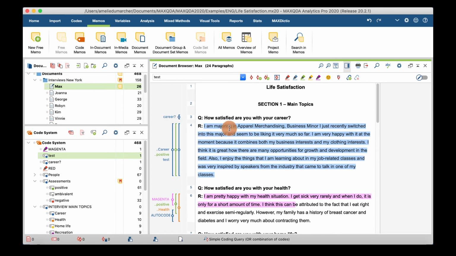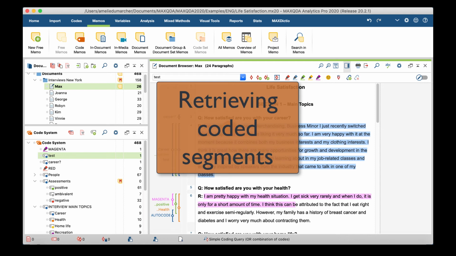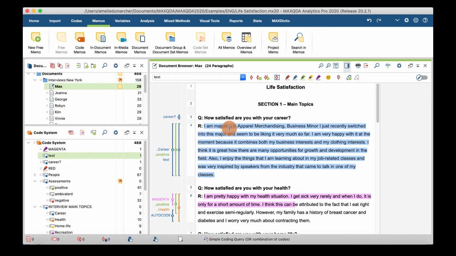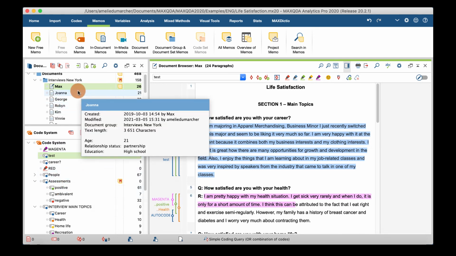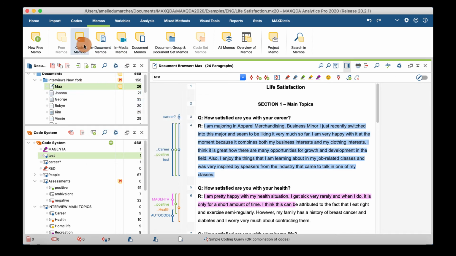So now that we know how to code the documents, we're going to see how to find the coded text segments. So to find these coded extracts from your document, it works with the activation system. So searches in Maxqda work by activating the documents and codes. It means that the software is going to look for the codes you activate in the code system here, in the documents you activate in the document system here, and to list the search results in the Retrieve Segments window,